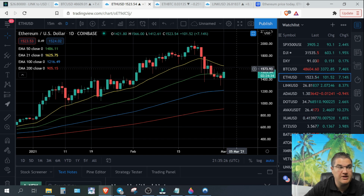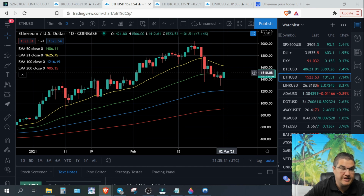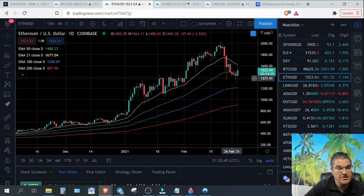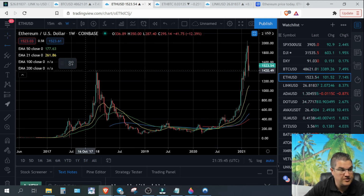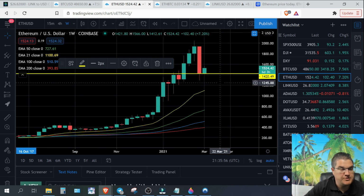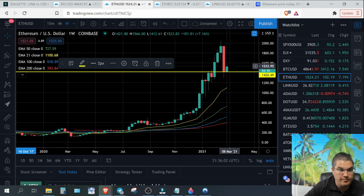Everything's looking good so far, but until we have 2 consecutive candles closing back above any moving average, especially for Bitcoin right now, we need Bitcoin to confirm its break above the 21-day and hold. Then it's likely that this line that we just spoke of will be the catalyst to propel Ethereum back up closer to all-time highs again. If we start breaking a couple of days candles going up, you can expect this to rise. If we could somehow manage to close above 1930 right here and make our all-time high close,